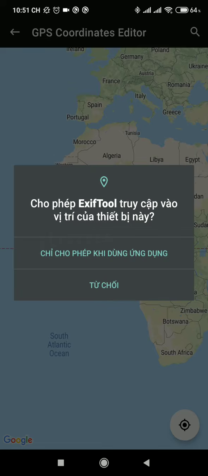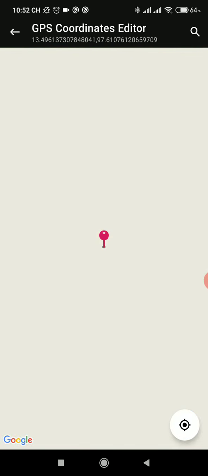The first time you move to this screen, the GPS location permission must be approved, because we will use the location permission to get the current location or other actions. But we never collect anything about your sensitive information, so don't worry about that. The first time you must tap to accept this permission, and